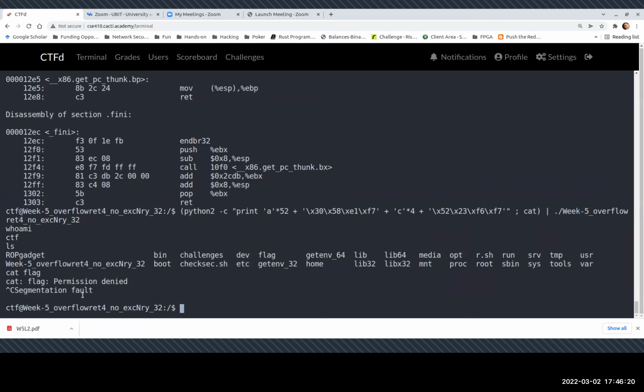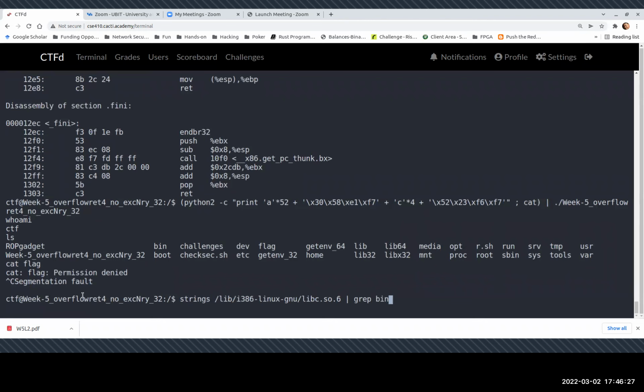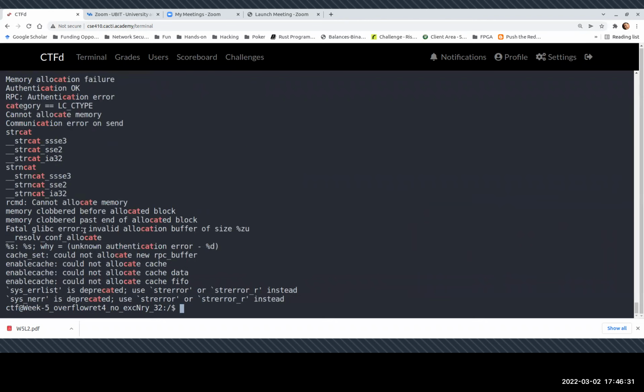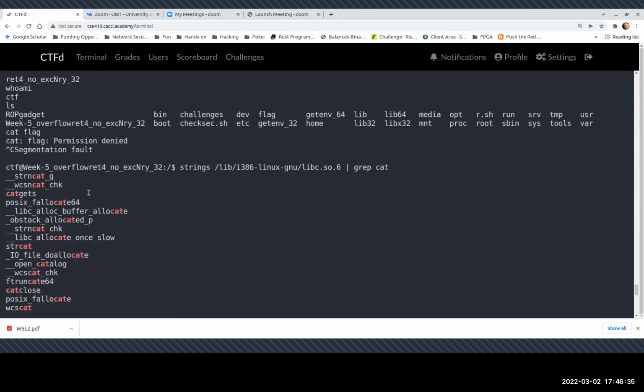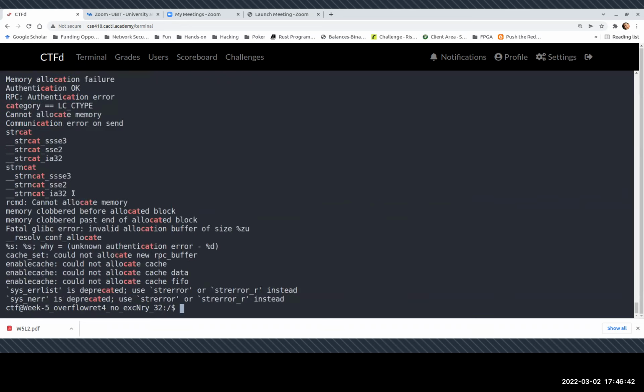Obviously, we cannot find the string cat flag in any library, right? That makes sense. If we search for cat, we find all the cat strings. You can see there are a lot of strings with cat, but there's no way we're going to find a cat flag. So what we can do is put this in an